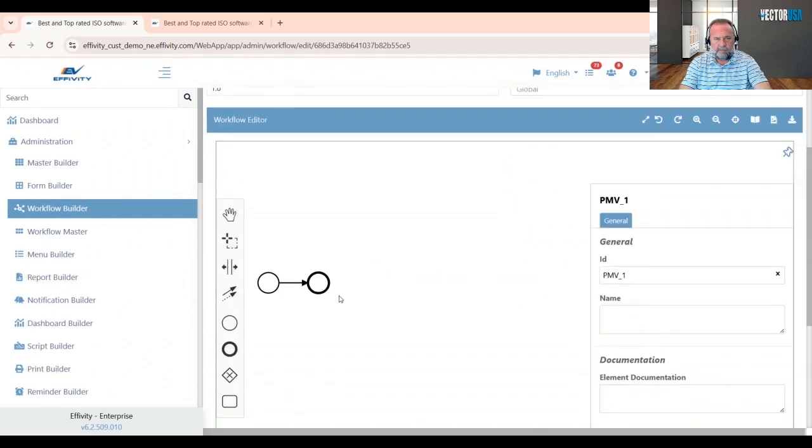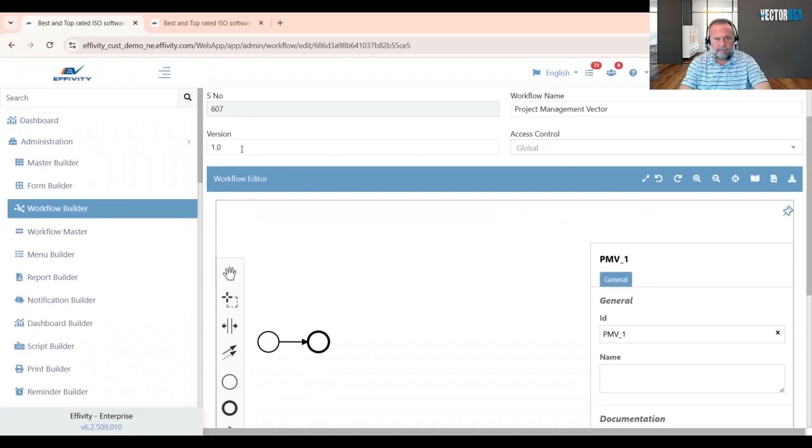I will do the changes and then I will make the version number 2.0. We'll come back to this part as we proceed further, because we'll be adding more components to the workflow and more components to the form as well. Just to make it simpler,